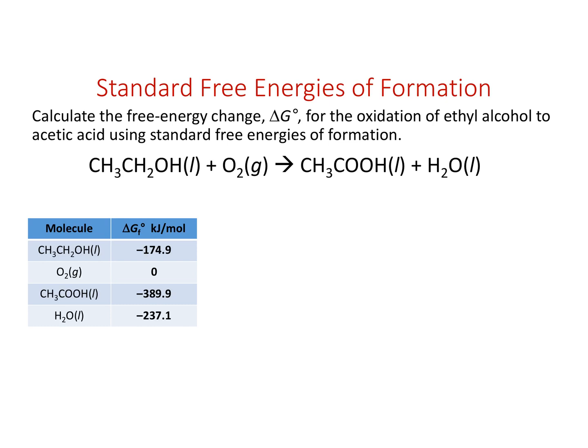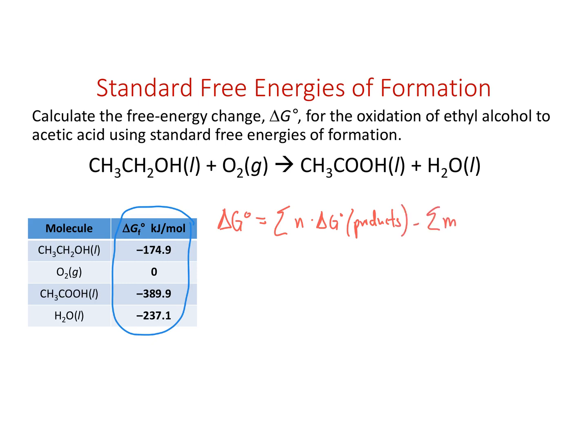Much like we can calculate delta H and delta S using the summation calculation, we can do the same thing with our free energy. We can look up the standard free energies of our reactants and our products to calculate the change in free energy for the reaction much the same way, where our delta G would equal the summation of how many moles of products do I have times the delta G of those products